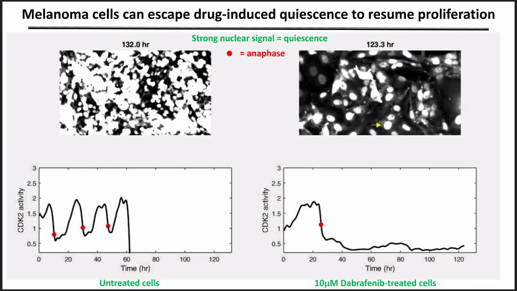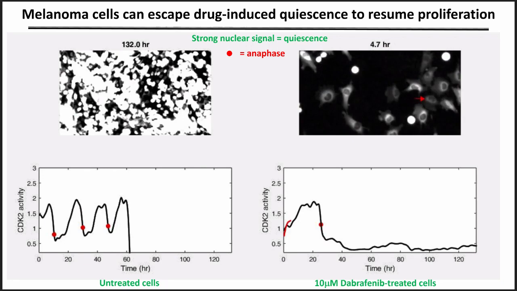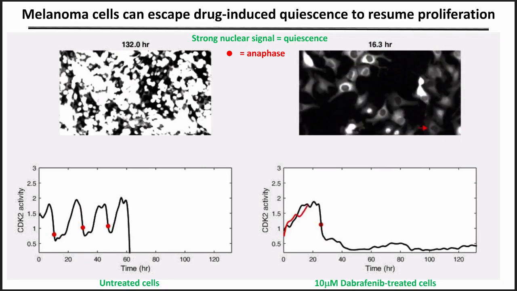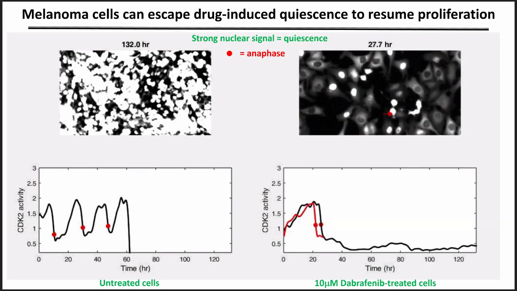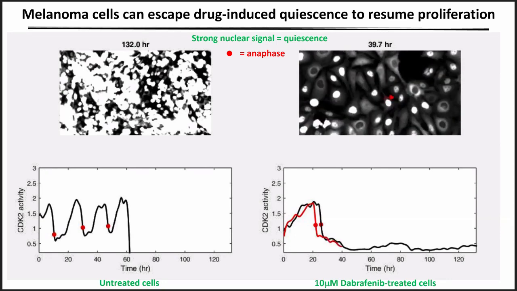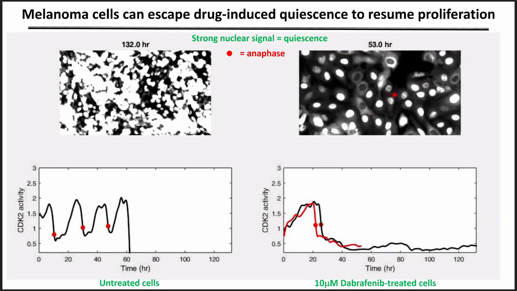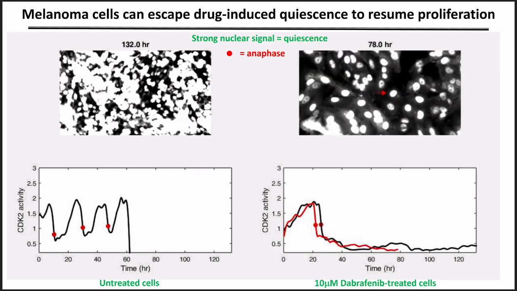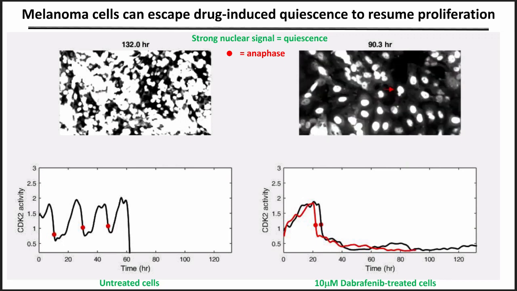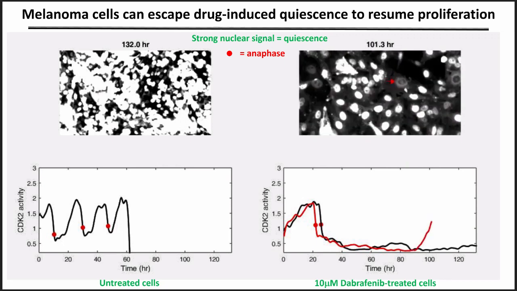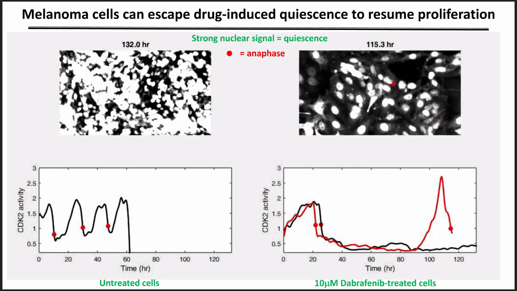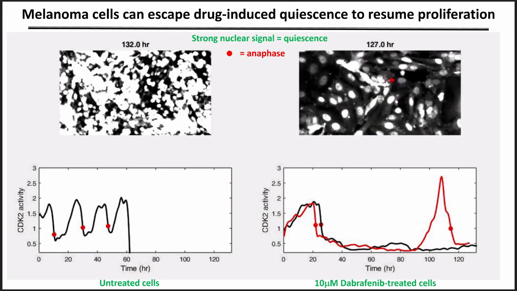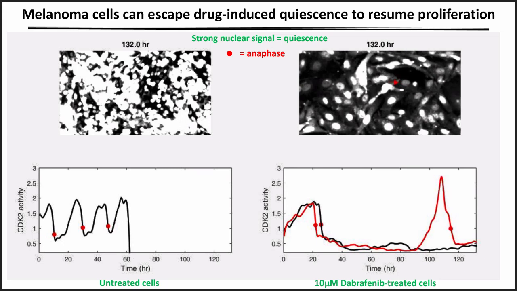But now I will replay the movie and we will follow a different cell. This one starts off just the same. It divides right around the same time, and it similarly enters quiescence. So this cell did respond to the drug. It was not a priori resistant. And it does stay quiescent for some time, but at hour 90 in drug, if you look up at the movie, you'll see CDK2 activity build up, and you'll see this cell divide into two daughters right here. So we became, of course, very interested in what was unique about this red cell that managed to escape drug compared to the black well-behaving cell.